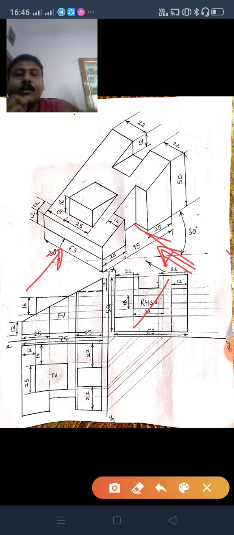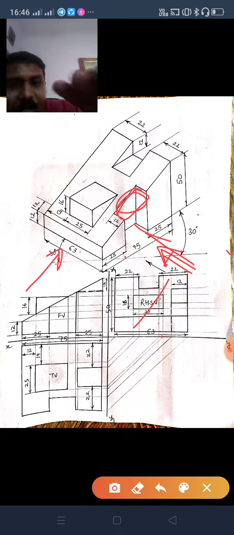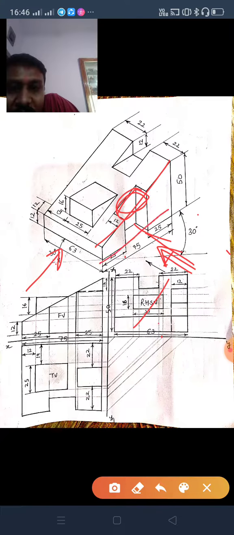This is the front view. Now you have to draw the front view. When you are watching it from front, you cannot see this obligation; it will look like a single straight line. So draw this straight line of 75 mm, take a height of 12 mm, take a height of 50 mm and join this. That's what I have done: 75 mm, 12, 50 and join this.